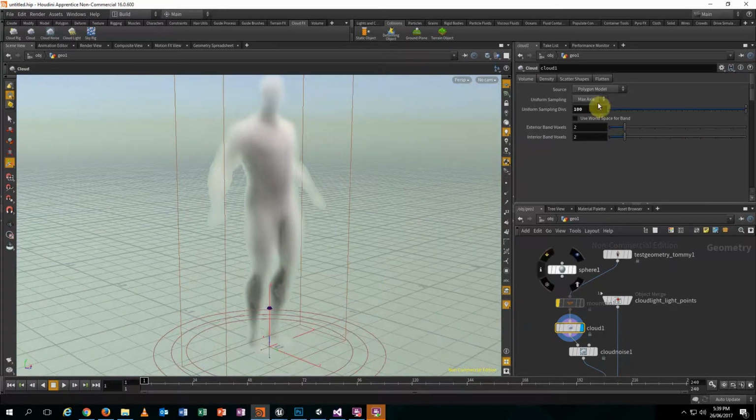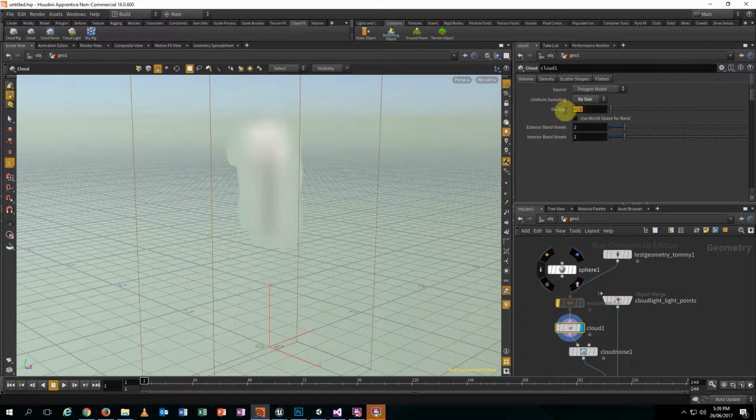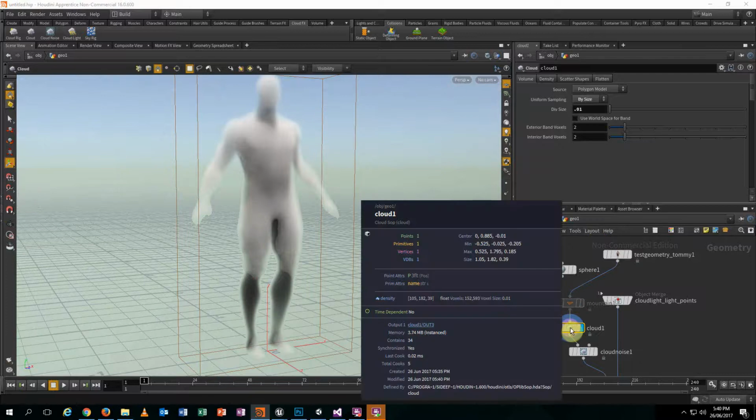slices. So I could also explain these two. So max axis is saying how many slices from the maximum bounds of the axis, or you can say by size, which is then saying how big is the voxels. Yeah, so if you do this way, it's the opposite. Now we're looking at not how big are they, or how many there are, we're looking at how small they are. So this works the opposite of that, so the smaller the number, the more dense it is. And if you want to know how many voxels you've created, middle mouse click on the node, and it'll tell you you've got